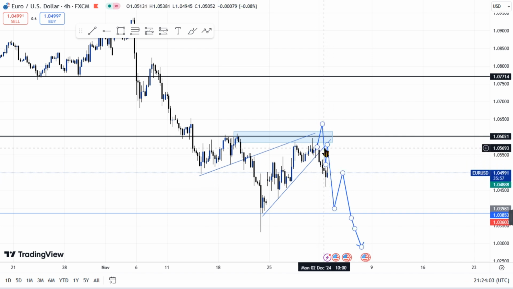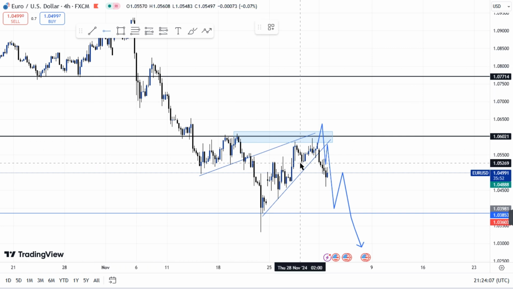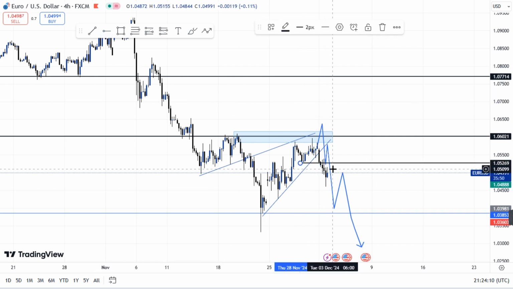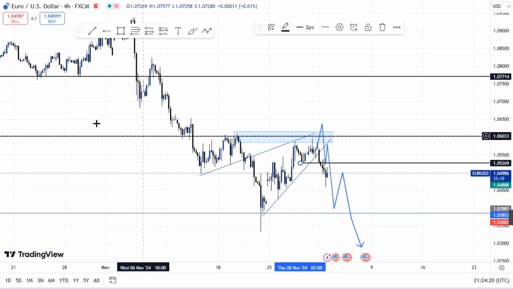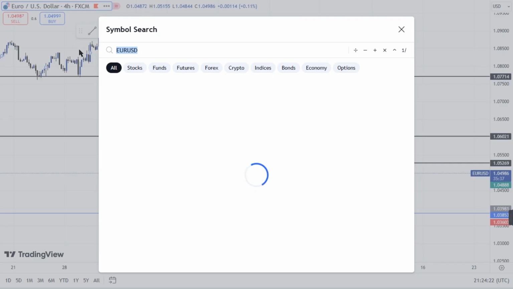I don't know if it will get a retest over here, but further addition, I'm just going to add this flip over here. So maybe it will come back and retest this, or come back to retest the trend line. That's what I'm still anticipating. Let's see how this plays out throughout the week. And then let's go to